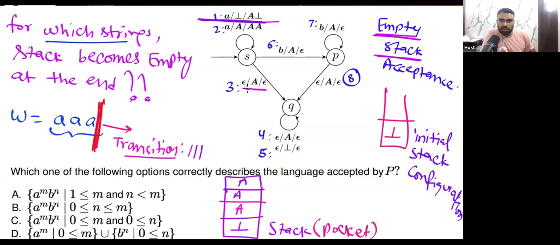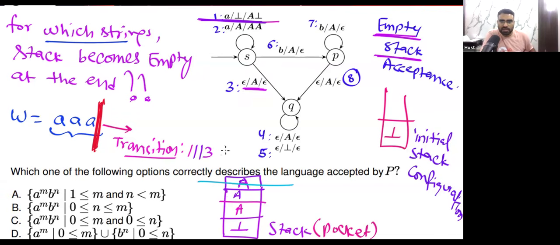Yes. You can take this transition 3. In this transition 3, remember, I am not reading anything from the string. There is nothing to read because the string has already ended. We have already read the symbols AAA. The entire string we have already consumed. So without reading anything from the input string, if on top of the stack there is this symbol A, then you pop it. So this symbol A will be gone.